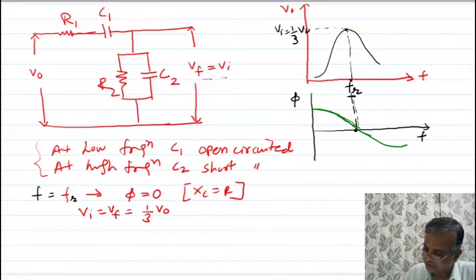So this is phi 0 for a particular frequency, and you can see also at low frequency the output is very less. I told you here output is very less. For high frequency output is very less. Okay. So at a particular frequency, when X is equal to R, at that time you are getting the output having a 0 phase. I think it is clear to all of you.